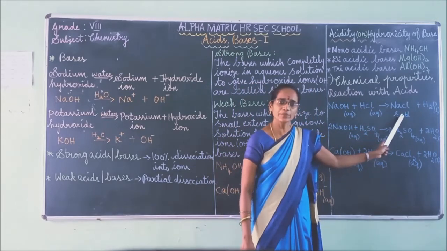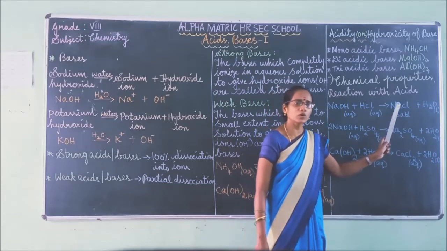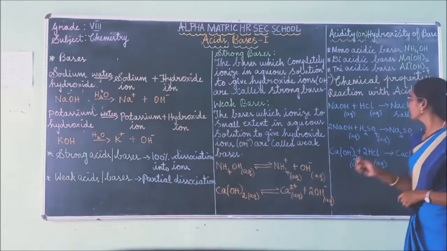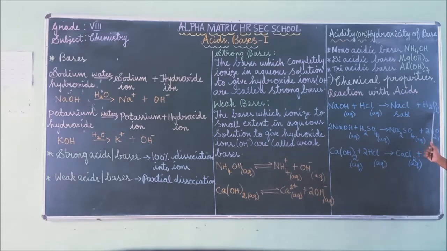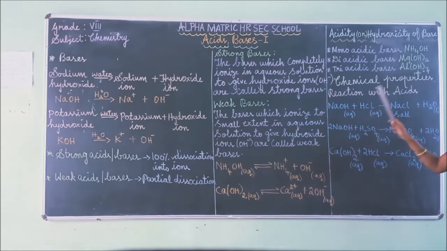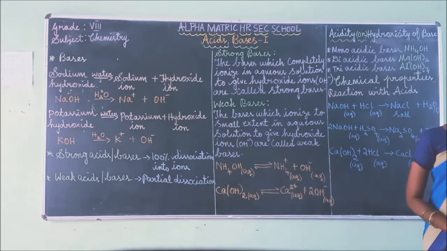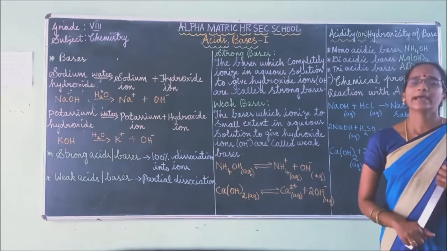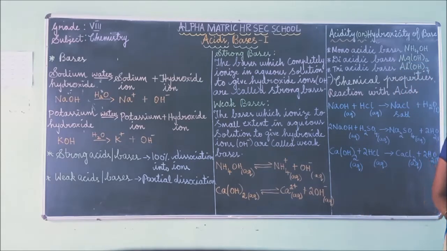That is sodium chloride. What is the formula for sodium chloride? NaCl. Okay, along with that water is formed. Here sodium hydroxide and hydrochloric acid are in aqueous solution, that is dissolved in water. So the base, sodium hydroxide, when it reacts with hydrochloric acid, both combine to form a new compound, sodium chloride. Sodium chloride is a salt, along with that water is formed, hence it is called a neutralization